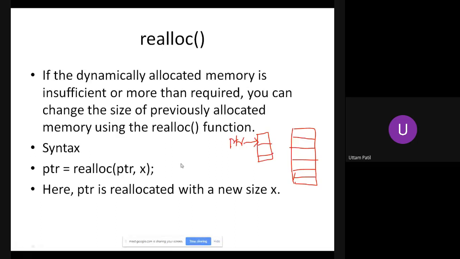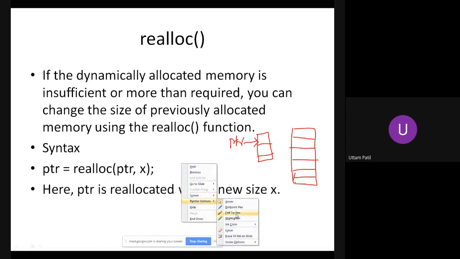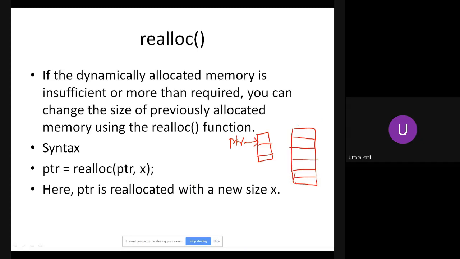Now when I write this, a new memory location gets allocated for 6 integers. Then all these 3 data, whatever you had, will get copied here. Say I had 1 here, 2 here, and 3 here. Then 1 gets copied here, 2 gets copied here, 3 gets copied here. And the new pointer is some other location; it need not be this one. So some other location is allocated for holding the values, and this PTR is returned by realloc.